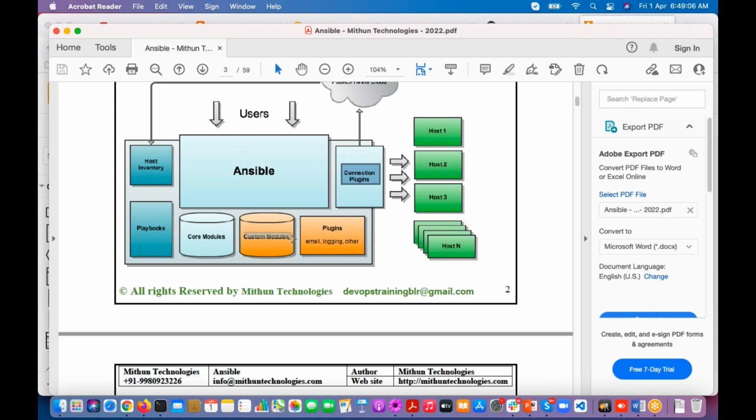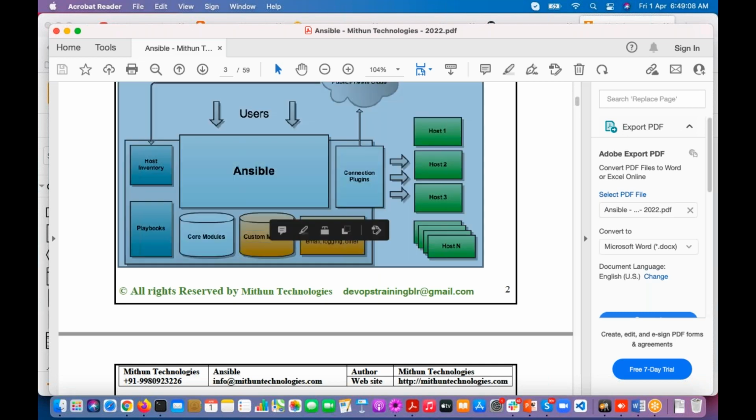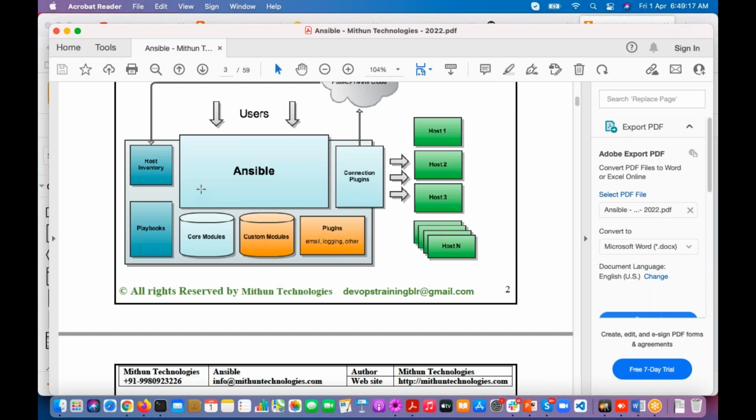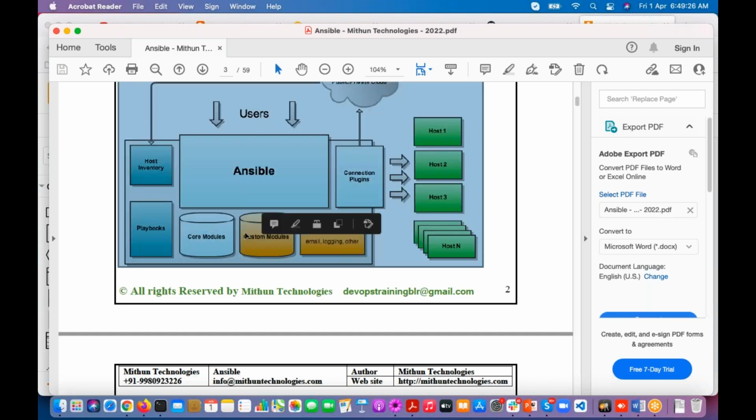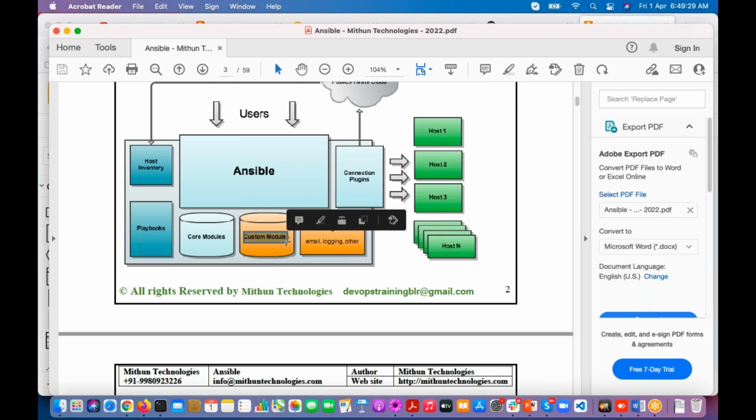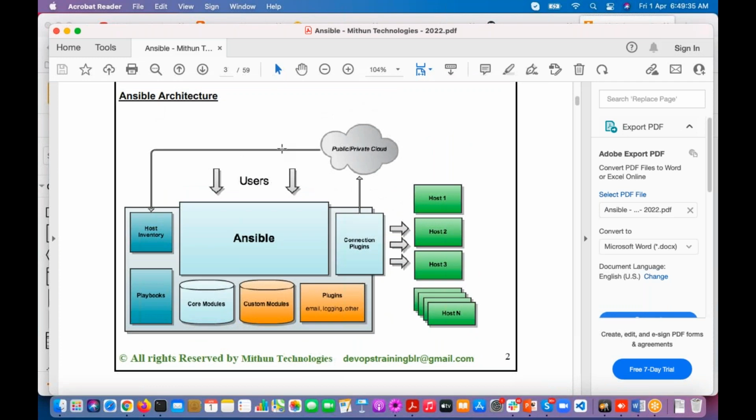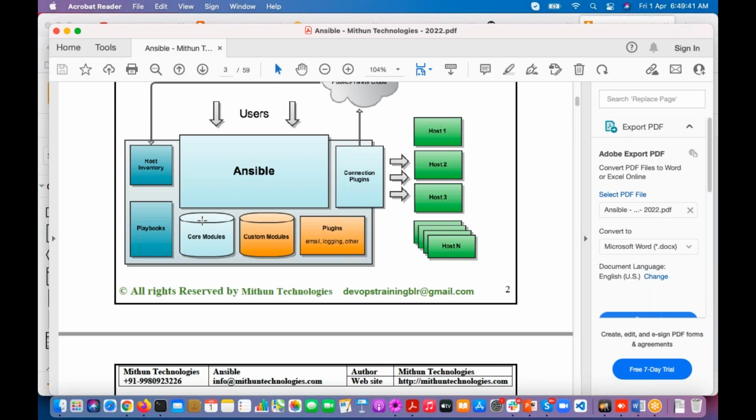These custom modules, as a DevOps engineer, we are going to write. Linux admins also are going to write them. See, if he wants to perform one particular configuration management task that none of the core modules does, he has to write that custom module. At that time we should know Python. Clear, guys, about this Ansible architecture? Anybody have any questions? Mainly we are going to deal with the host inventory and plugins.